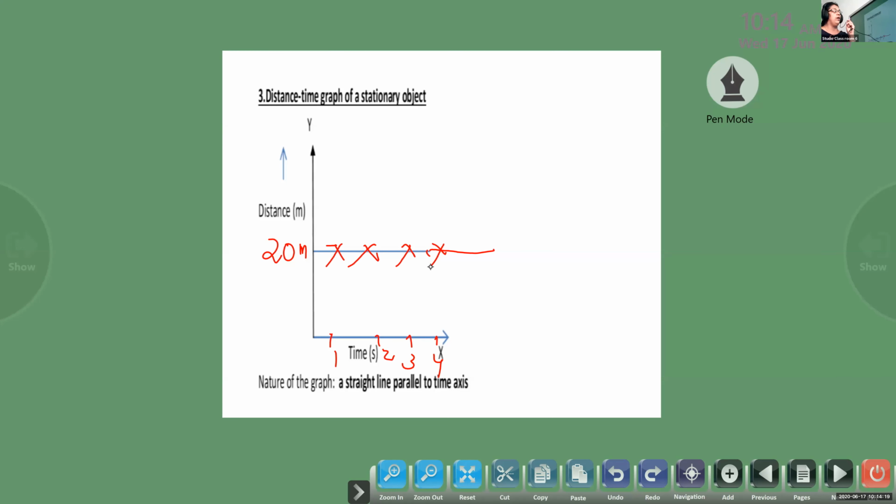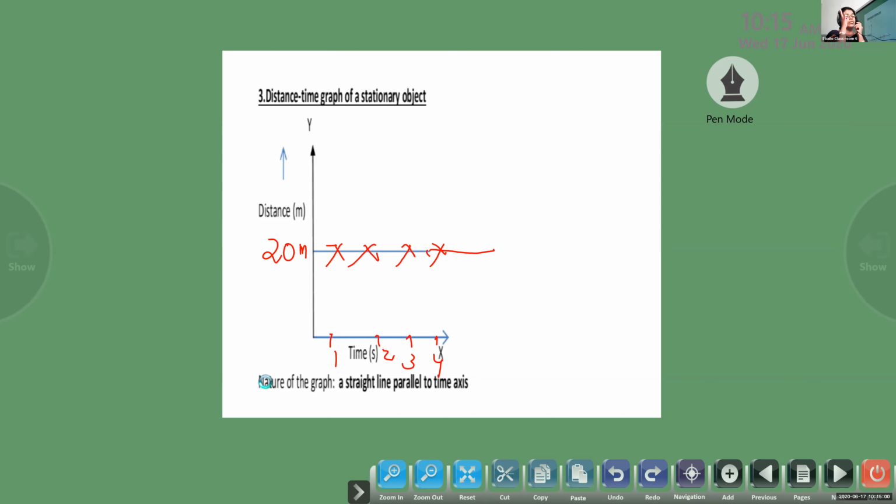What do you mean by it? The car has started and it traveled 20 meter, and it stopped somewhere. It's a situation such as you take the car, go to a shop and stop the car. Then you went to the shop and bought the things. You took nearly 4 seconds to buy the things, or 4 minutes, or 5 minutes. Even that time your car was at 20 meter. It was parked there, it does not move.